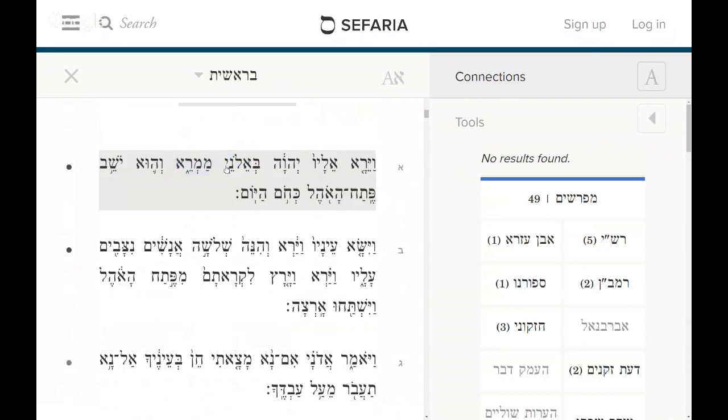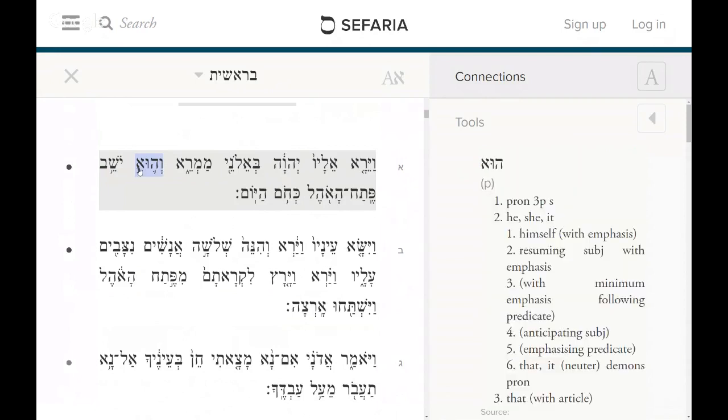Now that I think of it, and I'm doing this unrehearsed as always, I don't know off the top of my head how this word. It's not the normal word that is used for a plain, but it could very well be. So the Lord appeared to Abraham at Elone Mamre,